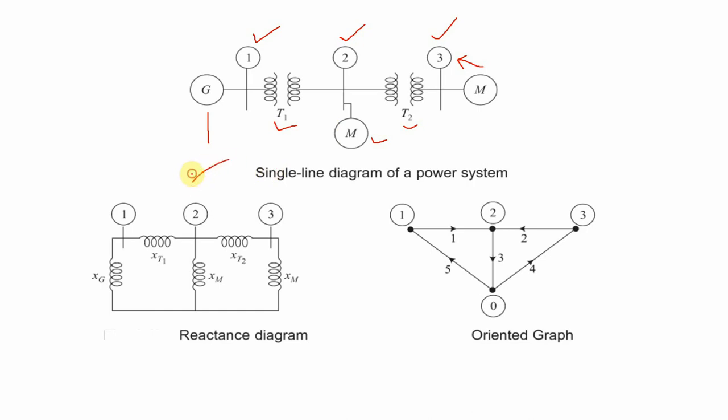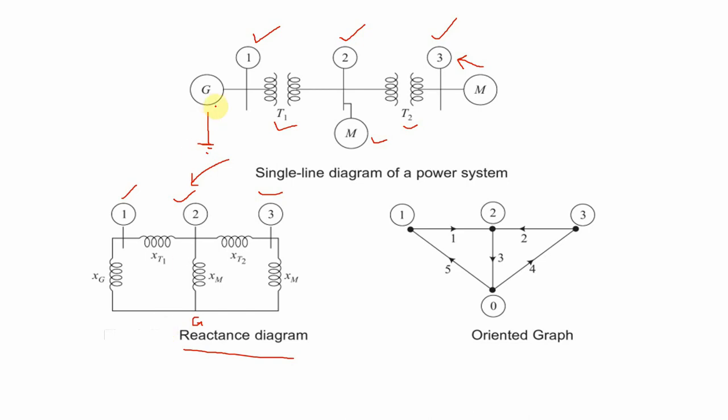It is represented in this diagram, which is called the reactance diagram. So first of all, we consider node 1, node 2, node 3. So these are nothing but buses, right? So a total of three buses, 1, 2 and 3, are present, and another is a ground bus. Here it is not mentioned, but this is G, the ground node. If your generator is connected to the bus, one point is connected but the other point should be ground. So this is your ground point, or reference point, we can say.